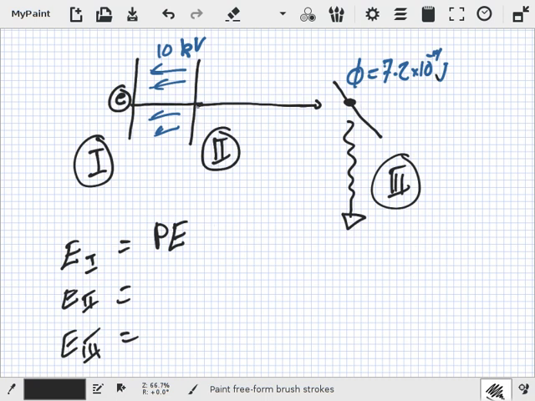Now, at stage 2, when it exits, what energy does it have? Kinetic. Okay. And then stage 3, this hits this. So, the energy the electron now has is what? Minus the work function, because it's become trapped in the metal. But it's released a photon, which has energy HF. Yeah? So,